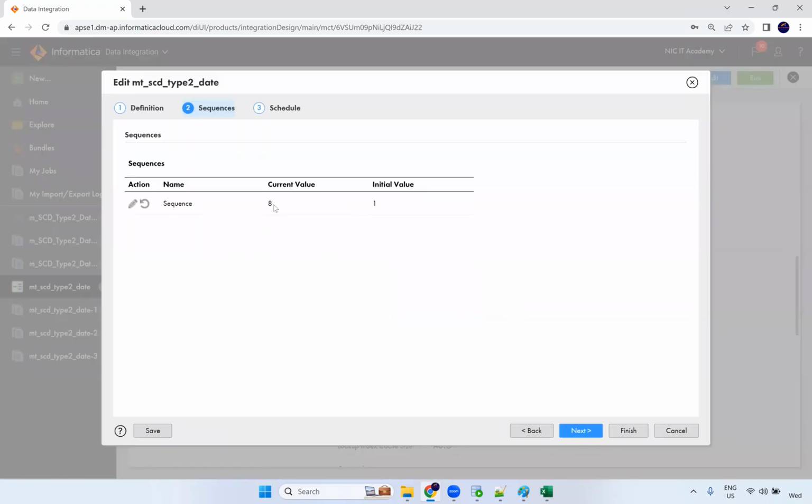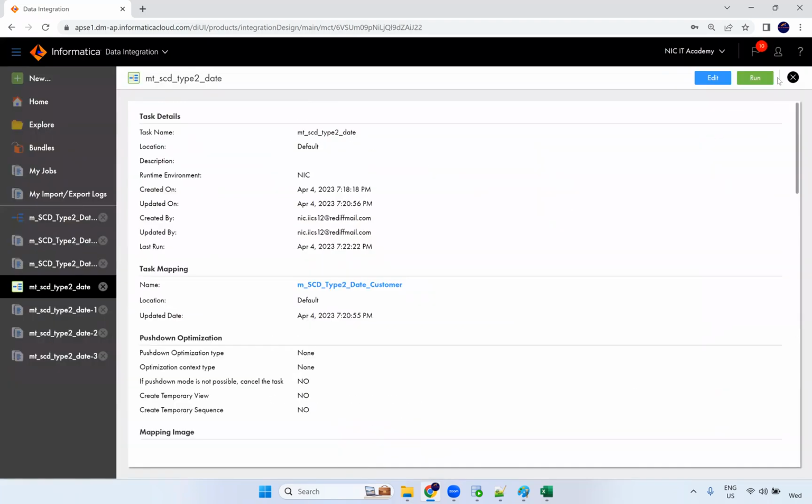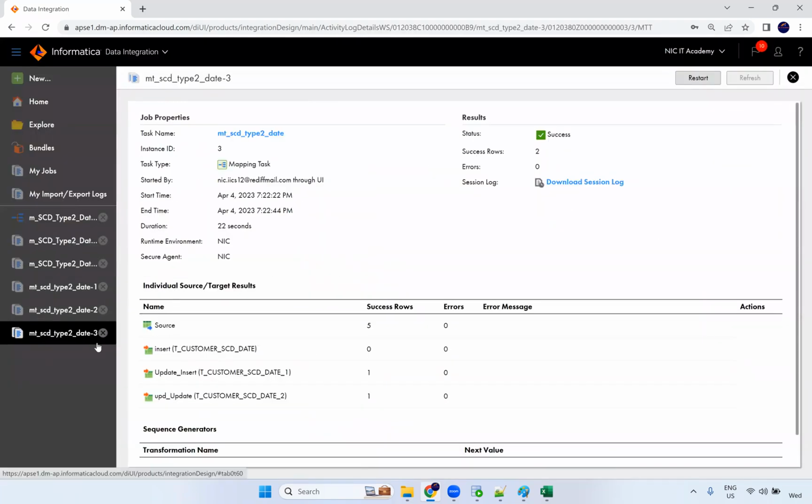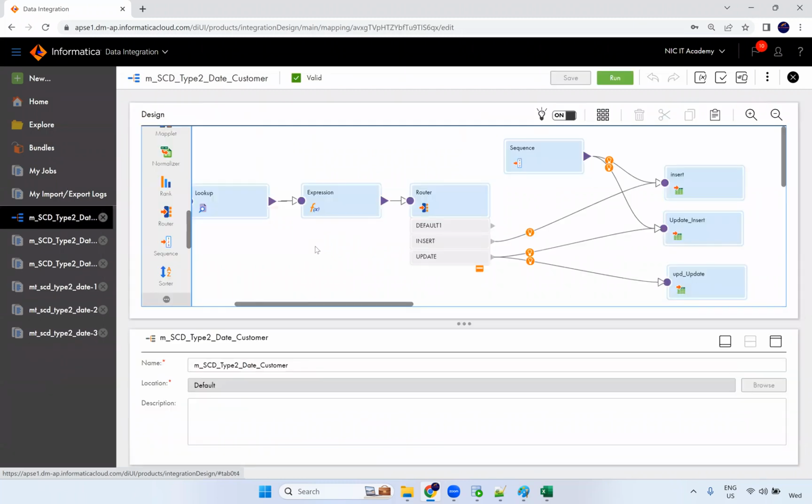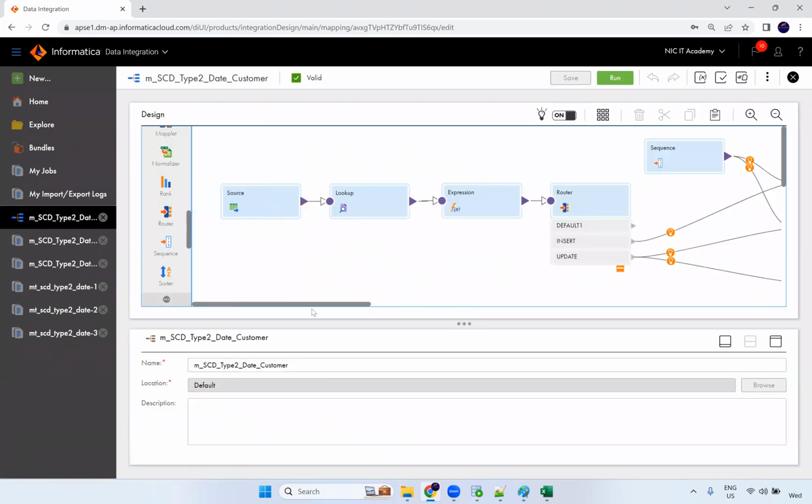So previously we wanted 7. Yes, you can change it to 7, but we cannot do it in our real-time project, right? So in production, that's right. Are you clear now? Any questions